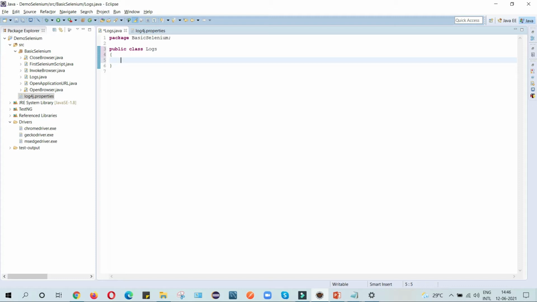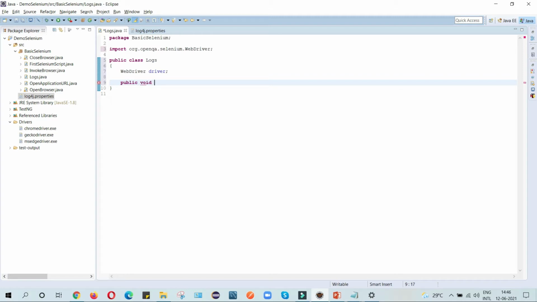So first of all we will initialize the WebDriver. And I will import WebDriver here. I will write a class name; you can write any name here according to your application functionality.